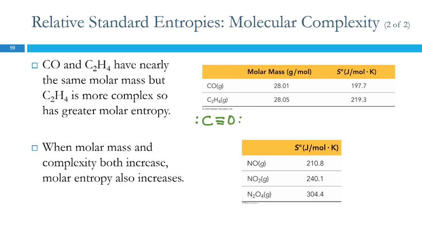Yeah, I think that's right. Or C2H4. Here there's one bond, and here there's 5 different bonds. This is more complicated. It can be more disordered because there's more places to arrange it when it has the